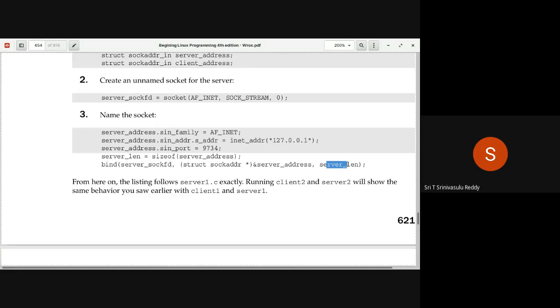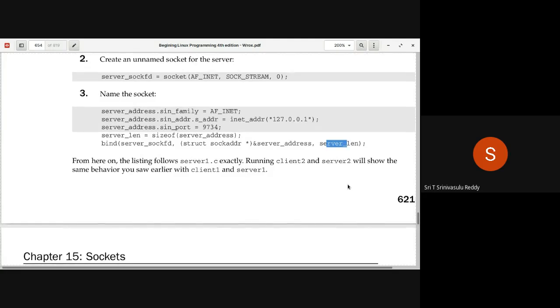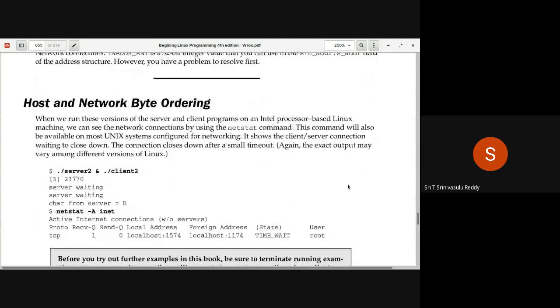This is what we have done. There is one important thing that we have not yet talked about. All the programs we have written don't work all the time. There are two different types of computers in this world, based on the way integers are stored internally.